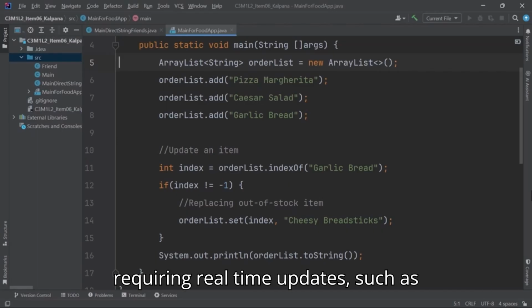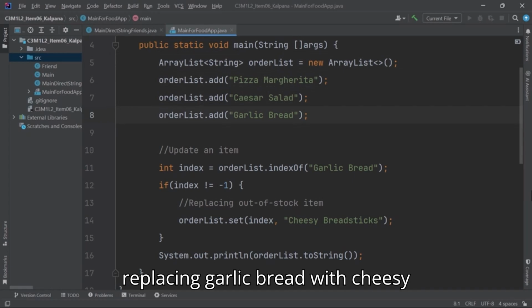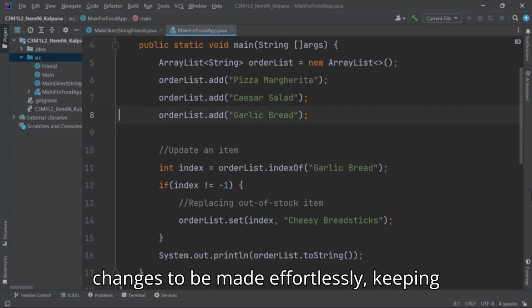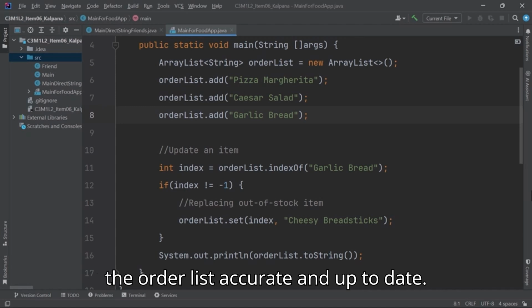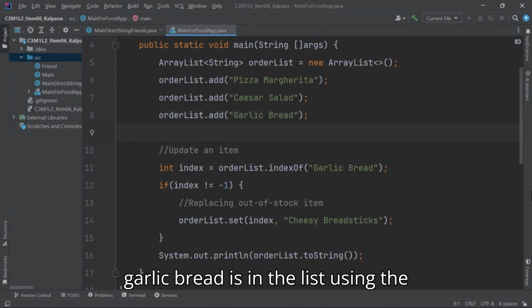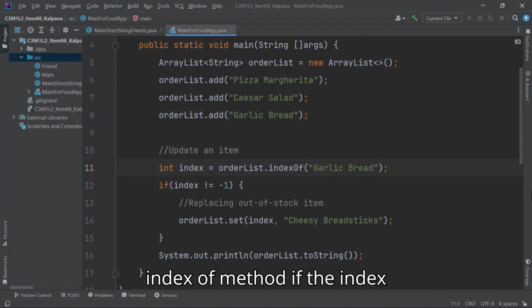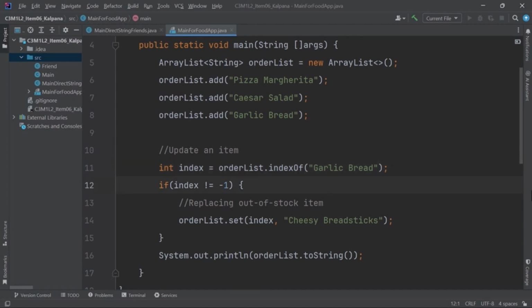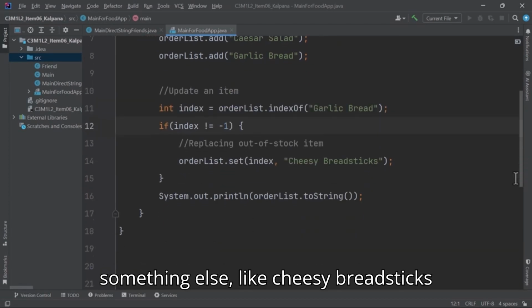In scenarios requiring real-time updates, such as replacing garlic bread with cheesy breadsticks, ArrayLists enable these changes to be made effortlessly, keeping the order list accurate and up to date. With this code, you first check where garlic bread is in the list using the indexOf method. If the index isn't -1, meaning garlic bread is found, you can instantly swap it out with something else, like